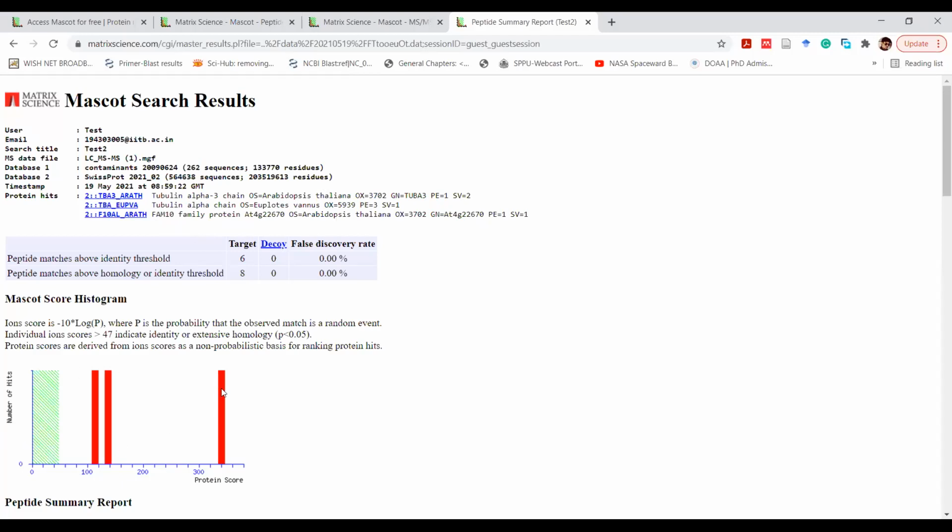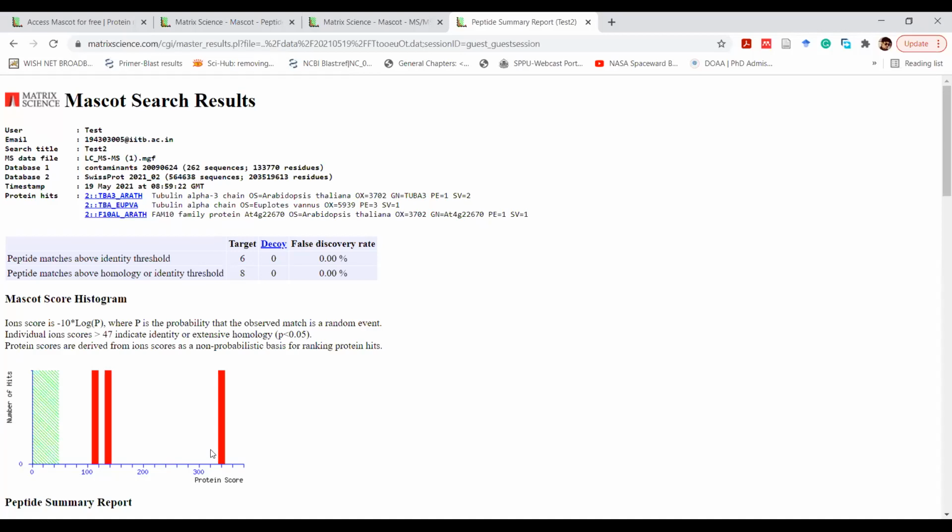Again, let's look at this beautiful bar graph. What does this mean? This green shaded part is the threshold. Anything beyond this limit is an accepted result. There is a score determined by the match, how much it has matched your input versus the database you're looking at.